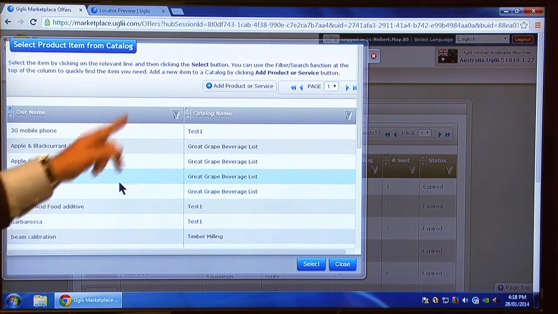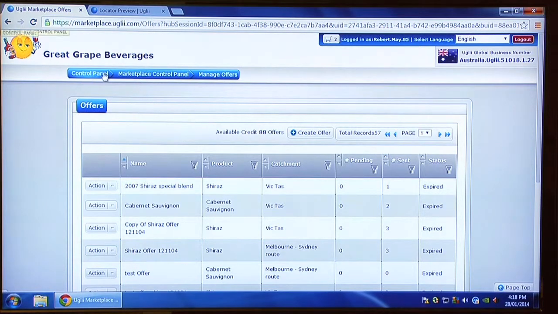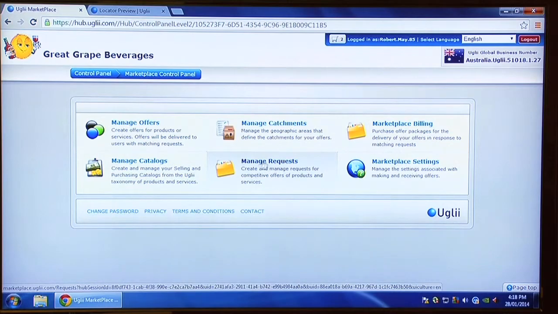If it's not here, we can add that product or service from the taxonomy, the way we've done with adding a product to the catalogue. So that's an offer, very simple. If we look at now creating a request, if we go back to our marketplace control panel,